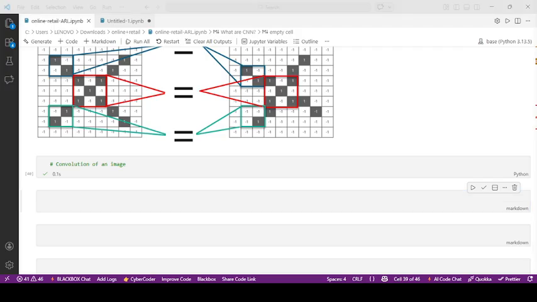Okay, so convolution has the nice property of being translational invariant. What it is going to do is use the filters to represent the